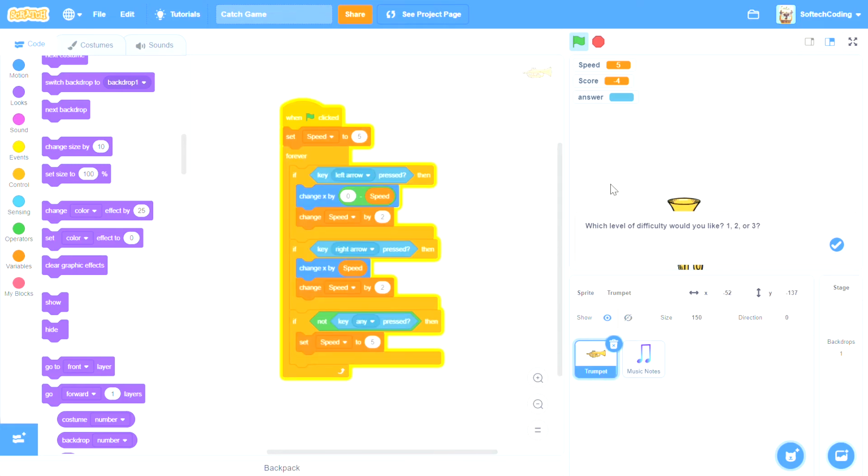I want to go back to trumpet and actually make it slow down, because it's so fast, it's very efficient, and it's getting these music notes like it's nothing. So we want to make sure that our trumpet doesn't make it too easy for us to win the game. So we're going to reduce these numbers, not enough that it's annoying, but enough that it's really hard to win the harder levels. So like for example, number 2,